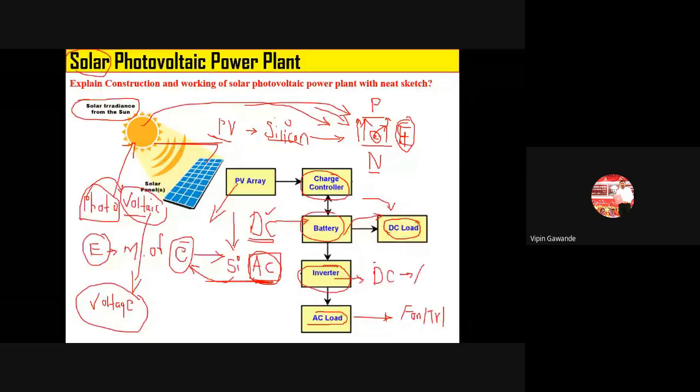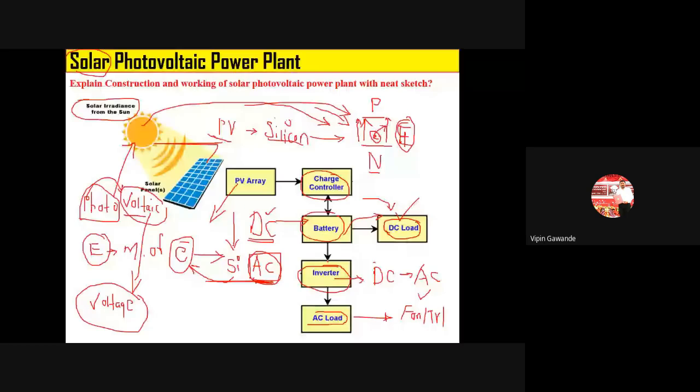Okay, so here we are using both currents. If you have a DC load, you can use DC current from the battery. If you have an AC load, then you have to convert this DC into AC. And for conversion of this DC into AC, we have to use what? We have to use an inverter. Okay, so that is the